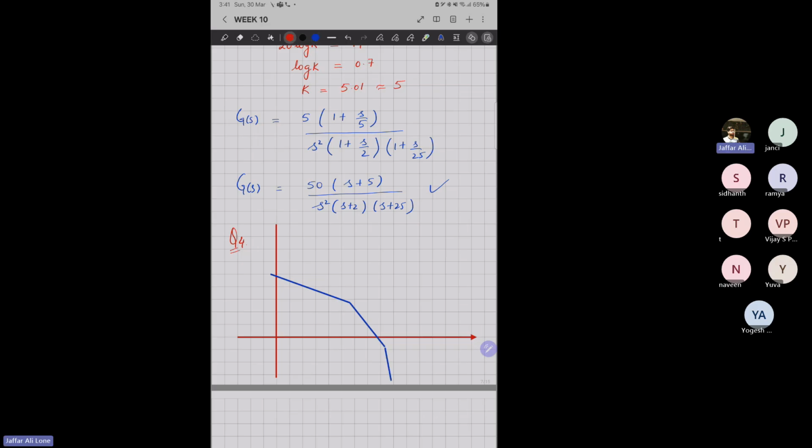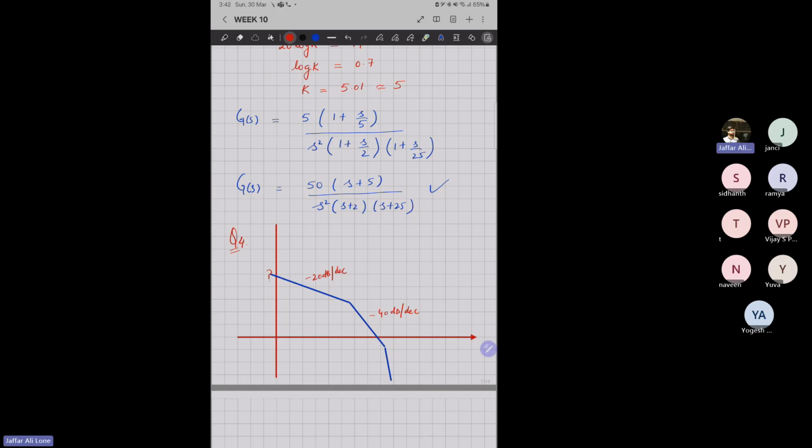So this is minus 20 dB per decade, minus, sorry, minus 40 dB per decade. Let's solve this question. You're not given this initial magnitude,